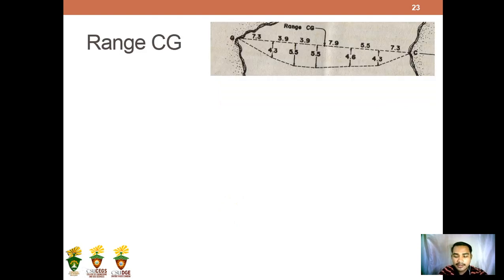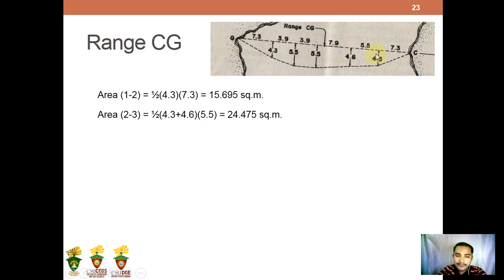Next range line is the range CG. So this is also the accompanying figure. Same process for determining the cross-sectional area. So area for verticals 1 to 2 is just 1/2 times 4.3 times 7.3, that leads to 15.695 square meters. Area for verticals 2 to 3, we have 1/2 times the quantity of 4.3 plus 4.6 times the distance of 5.5, that is equal to 24.475 square meters. Area for verticals 3 to 4, so 1/2 times the quantity of 4.6 plus 5.5 times 7.9 is equal to